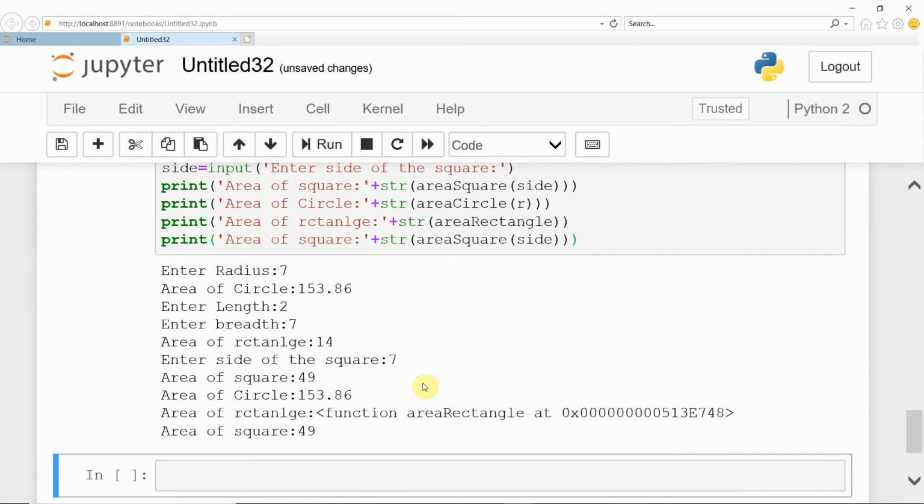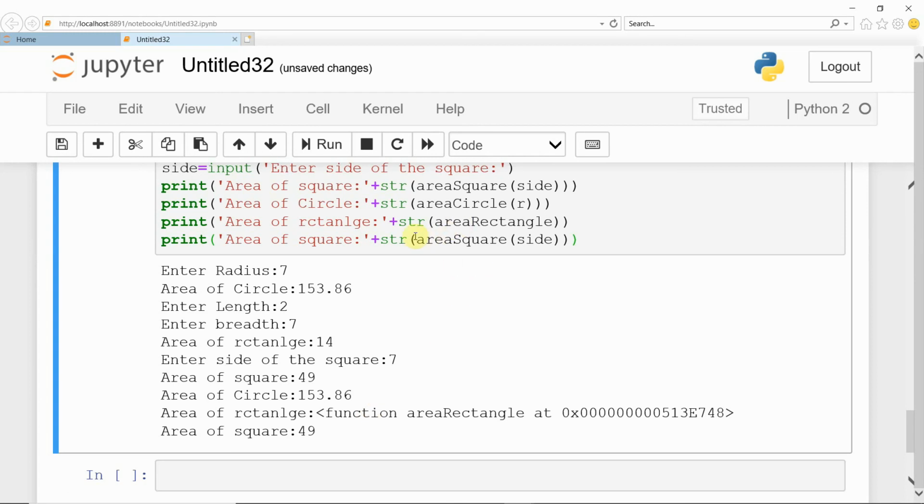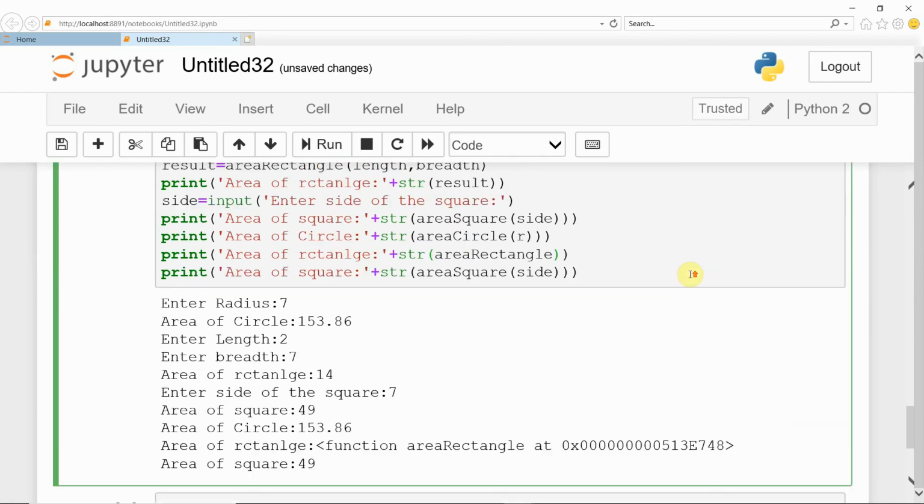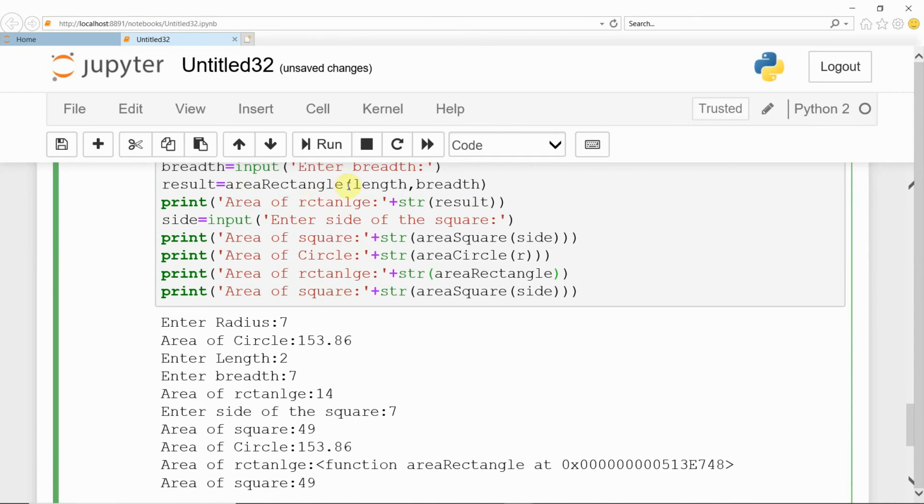See, area of rectangle needs to be called with the length and breadth.